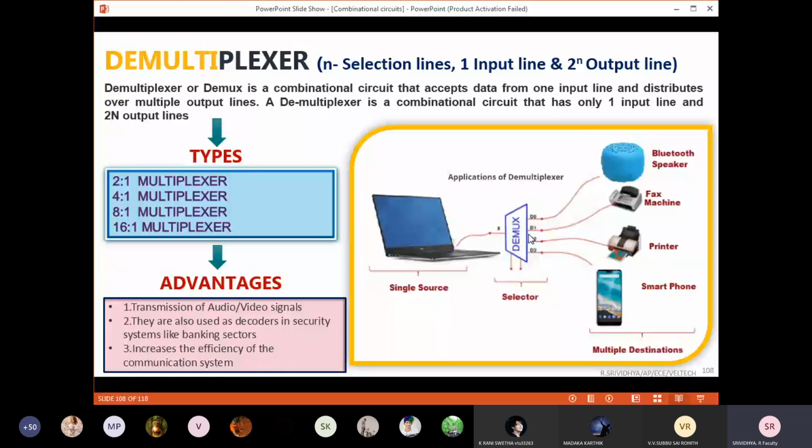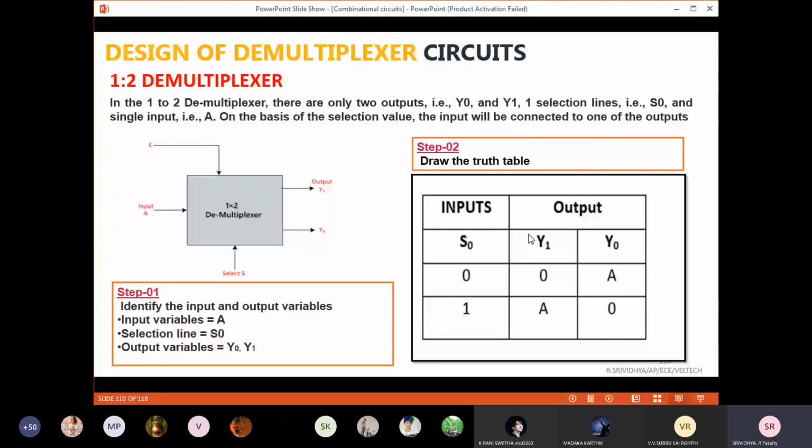I will just show you all just fast. If you have any doubts, you can ask me in the next class itself. 1:2 demultiplexer. So again, I'm going to the same concept. So 2 power of n will be the select lines. 2 power of 1, so 1 select line. So here, what is going to happen? The same thing, 0, 1. For 0, it should be in Y0. For 1, it should be in Y1. So see the logic diagram.